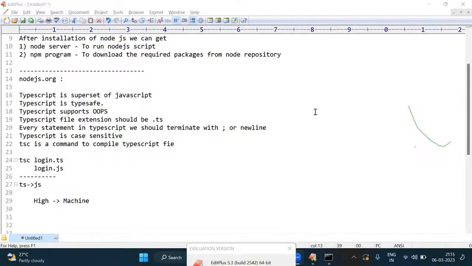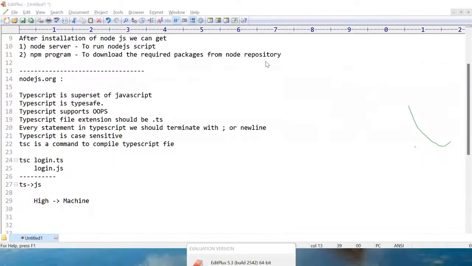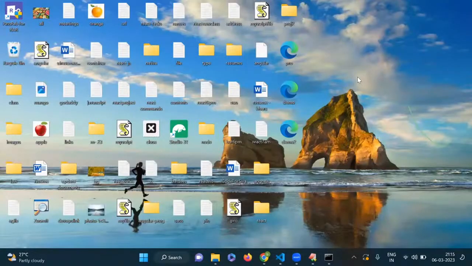See here, the structure is not correct. This what you have given here. Where shall I place TS and Angular in this? Okay. Actually, this is not exactly the diagram. I will show the diagram where we can place everything. So first, let me create one TS file for your understanding. On the desktop,